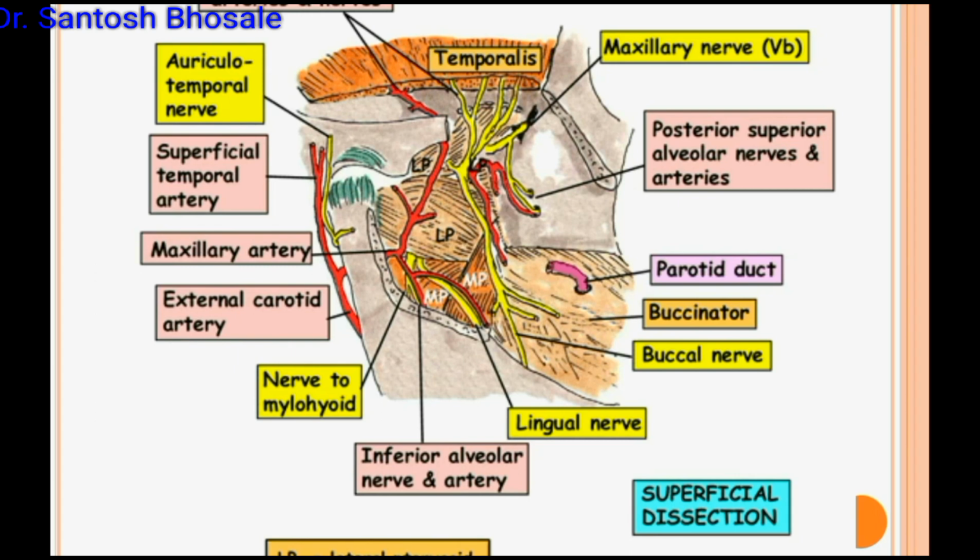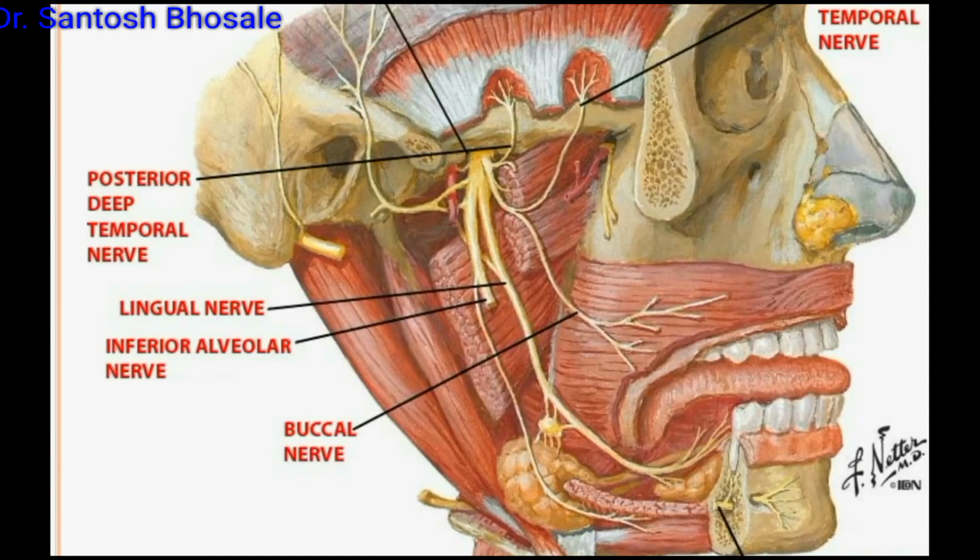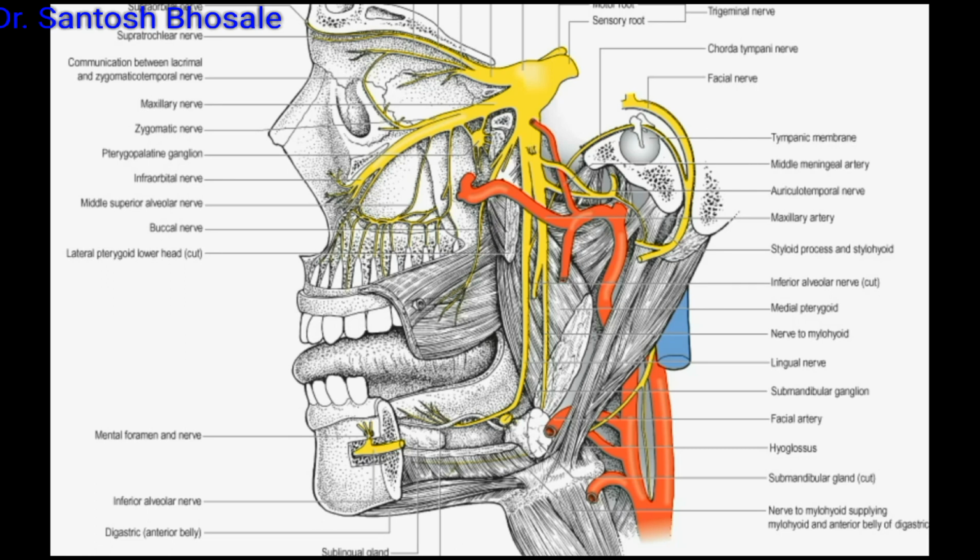In muscles, remember the tendon of temporalis is there, not temporalis. The tendon of temporalis comes here, and you can see the nerves: mandibular nerve, chorda tympani, and medial to the trunk of the mandibular nerve you will see the otic ganglion there. You can see the stellate shaped ganglion.